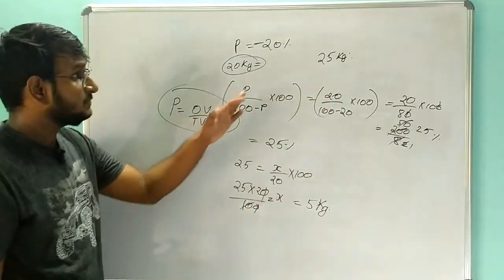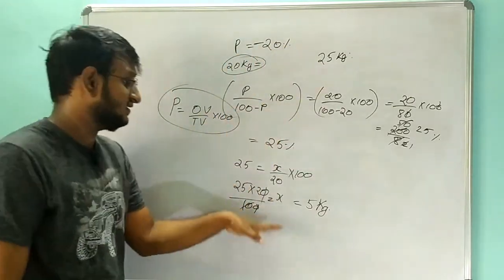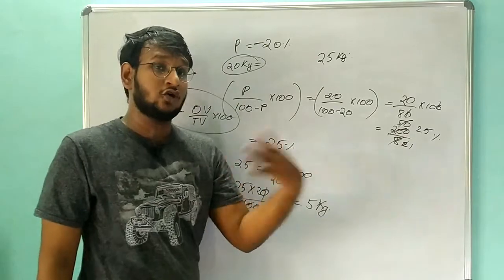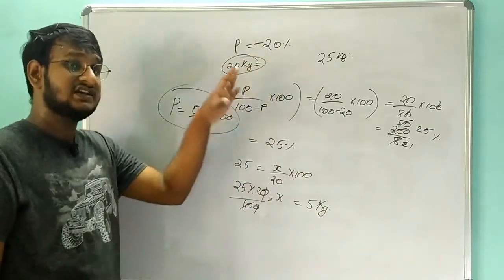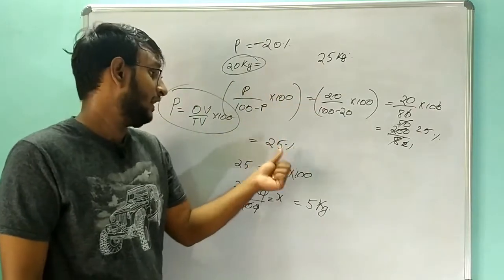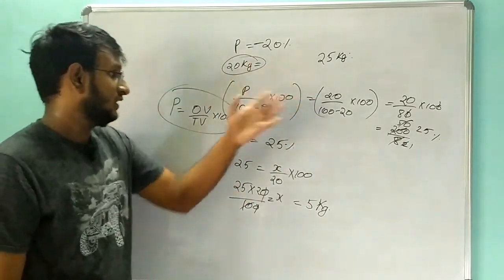So the price has been reduced by only 20%, but we can increase our consumption by 25%. So the price has reduced by 20%, but we can increase our consumption by 25%. That is a difference. So learn that as well.